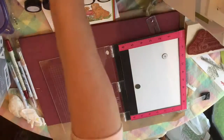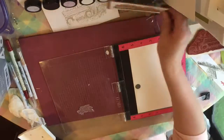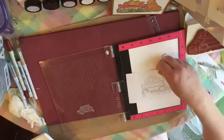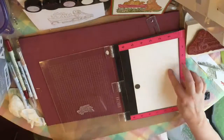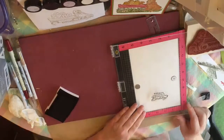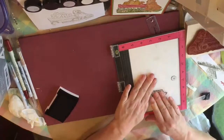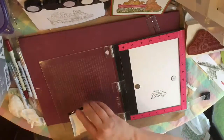For the stamping, I used some clear embossing powder and black VersaFine ink. I just absolutely love the black VersaFine ink. It does such a great job with staying wet enough long enough to do embossing. I always like to use clear embossing powder over a colored ink. And sometimes if it's a dye ink that I'm using, I'll do the dye ink and then I'll actually use